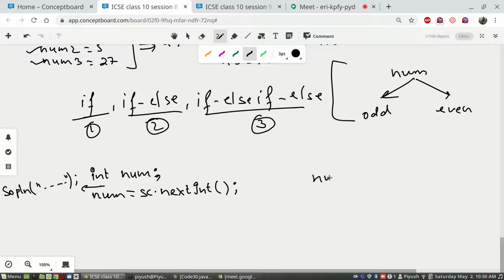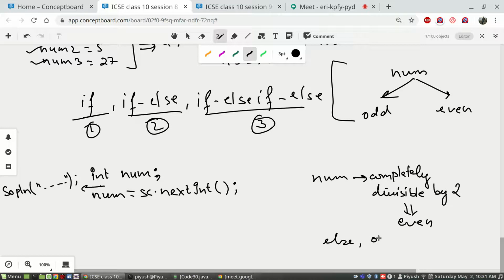If a number is completely divisible by 2, it will be even, else it will be odd.